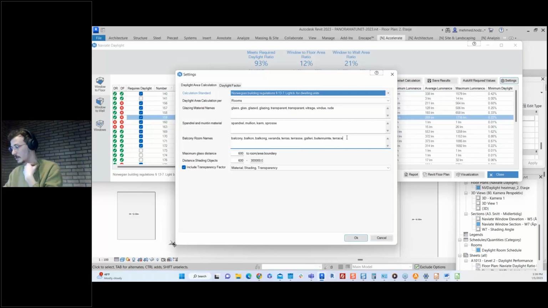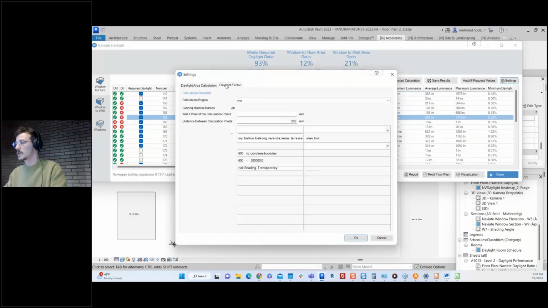So we provide the possibility to define which rooms are balcony rooms, and for those we will not calculate daylight values, but rather include them in the calculation in a different way. And you can also define how much of the surroundings you want to include when it comes to daylight ratio calculations. I'm not going to go too much into details about this, but let's move on to the daylight factor